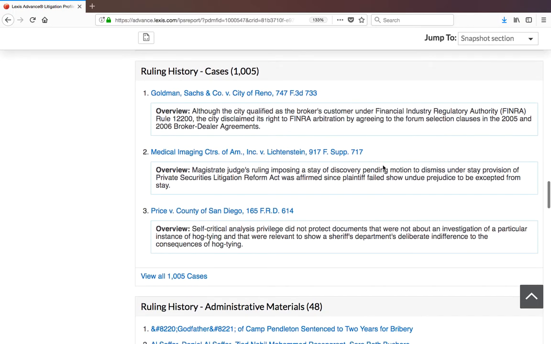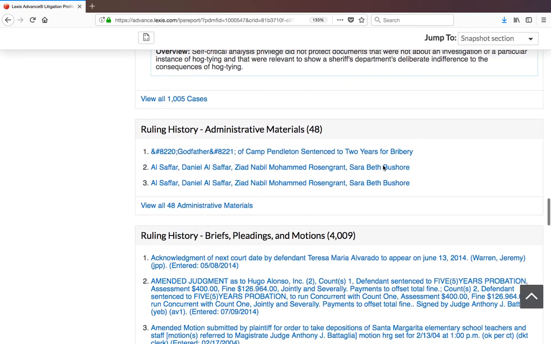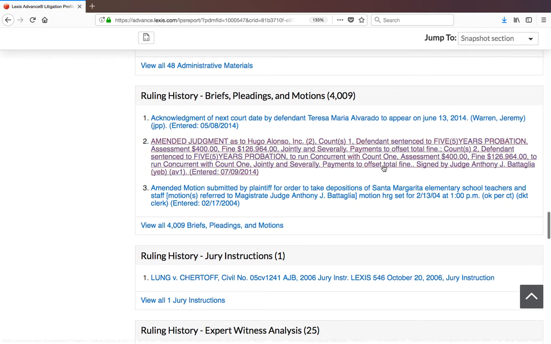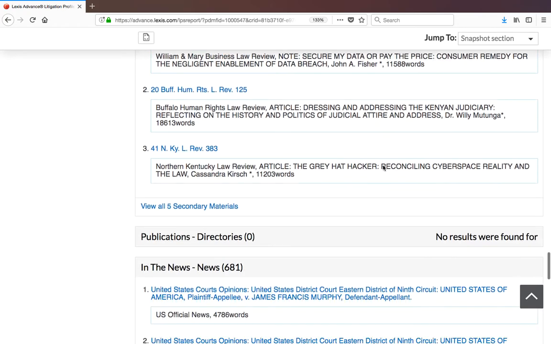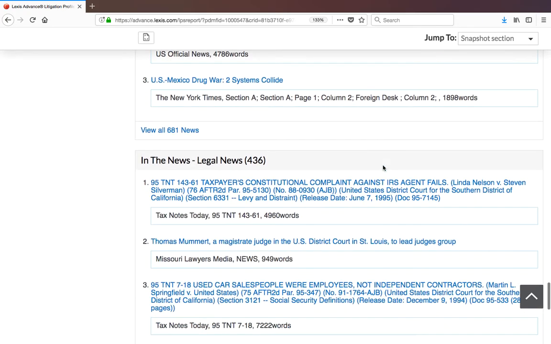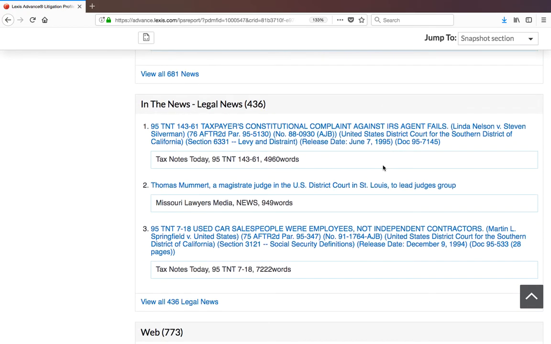So here's more of what I can find on Lexis to read through more thoroughly, so that when I get ready to tailor my cover letter or speak to him in my interview, I have more insightful information than what other people might just find on the open web. So again, here's more of that information, some of his publications, his name in the news or in legal news as well. So like I said, more insightful information than what you might find out there on Google,